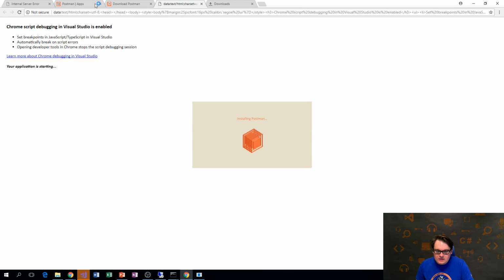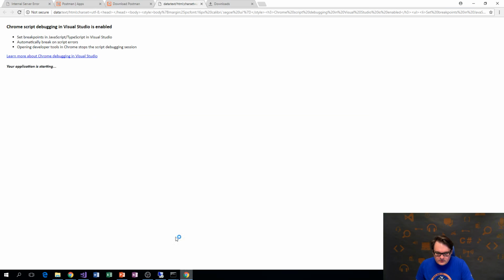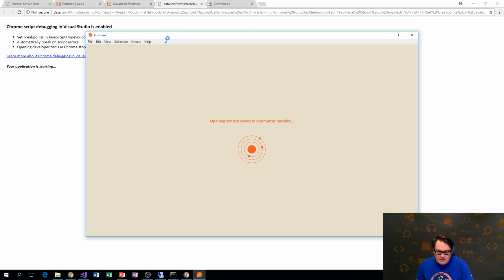And in the meantime, okay, so let's try it again in Chrome. Maybe that's the file download which did the problem. Yeah, so Postman is running, which is great. We can use it to test out our API, and